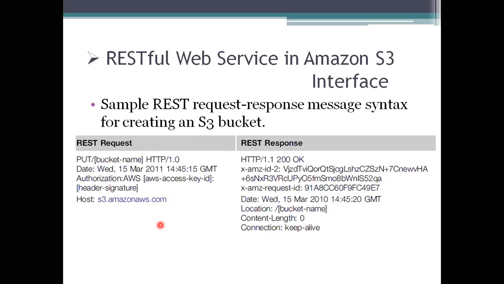So first I am creating a space for that. That's why I have raised the put request there. And then next, I am allowing these things to be stored in that area. So that's why I want to keep this connection alive. So this is an example used for the RESTful web service, which is given in this Amazon S3 interface, which we say is Simple Storage Service here.